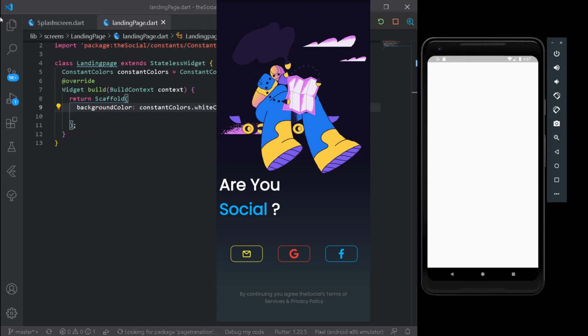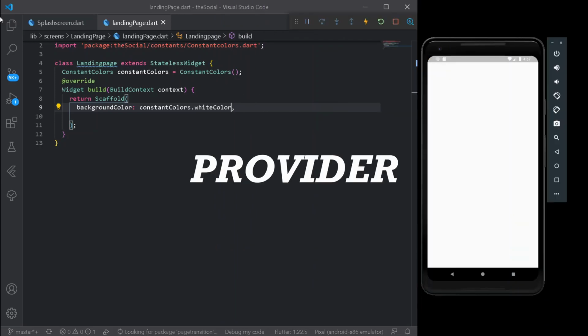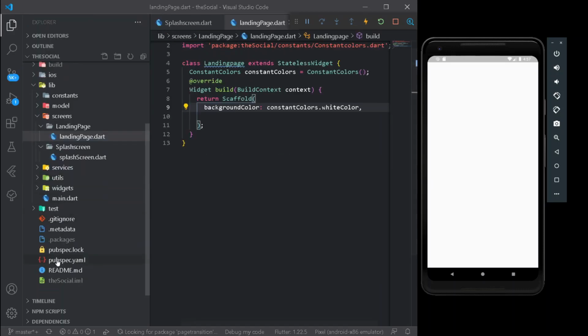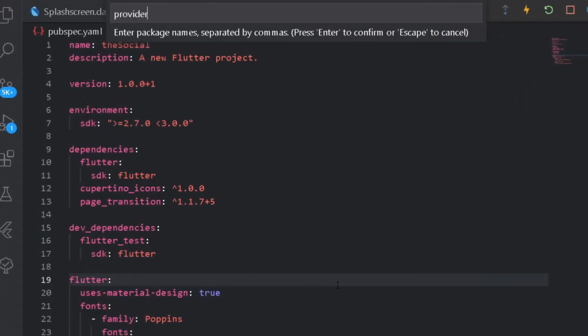But there's a problem, we are not using state management. Now let me tell you, we are using Provider for our entire app. Provider is very good. I have been using it for much time and it is very awesome. We shall be taking the help of Provider for getting our state management up and ready, also for the dependency injections and etc. For that, let's go under the pubspec.yaml file and get the dependency of Provider itself.